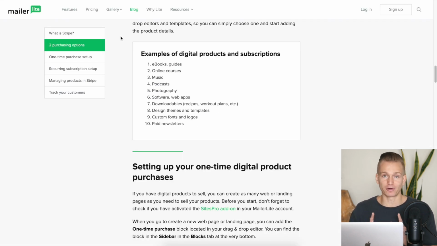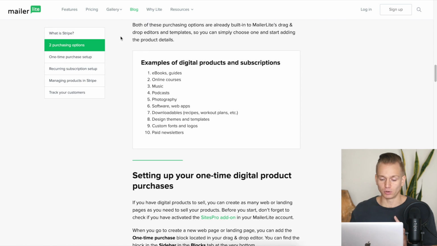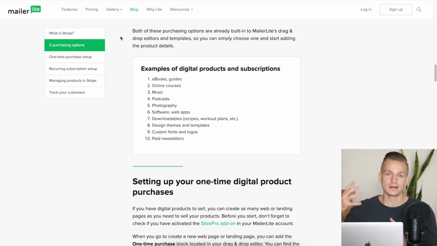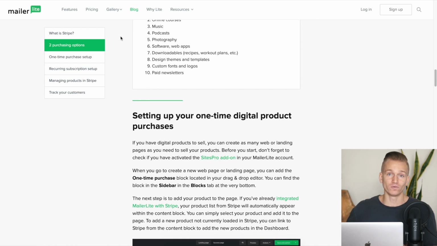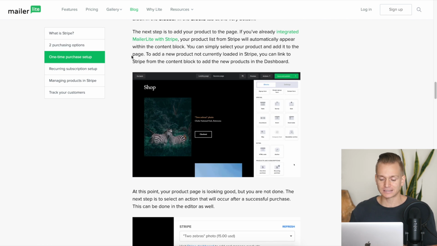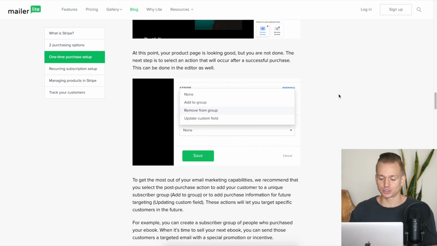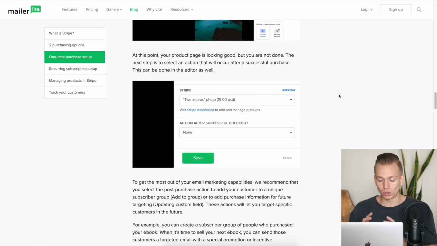Also, another very important thing when it comes to MailerLite: with both of the platforms you can sell digital products, or well, you can integrate with an e-commerce solution. If, let's say, you are already using Shopify or WooCommerce or whatever, you can integrate with those and you can do e-commerce. But if you don't have any tool for selling, MailerLite has this integration now with Stripe.